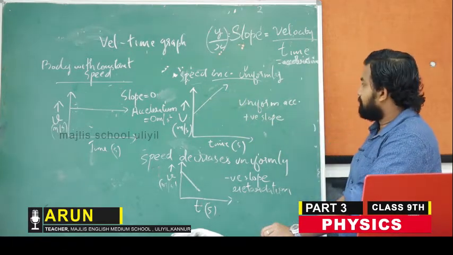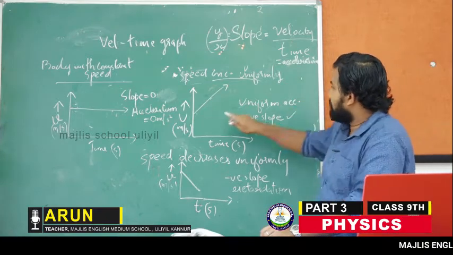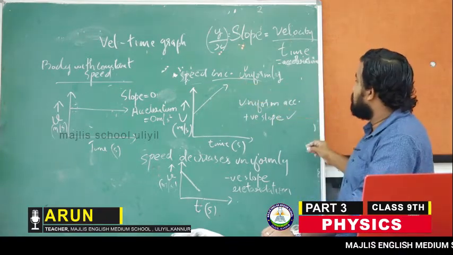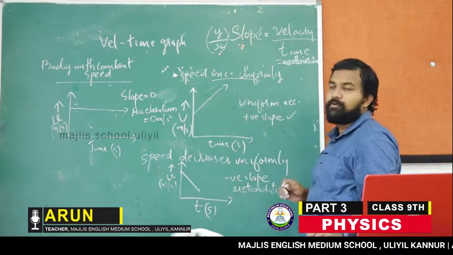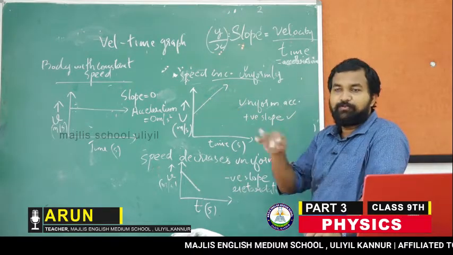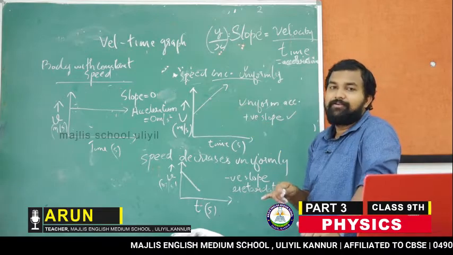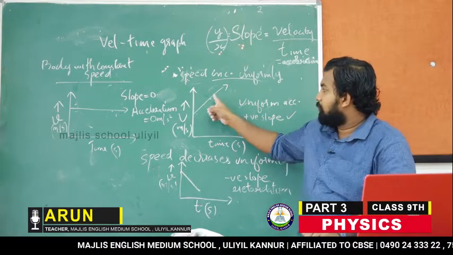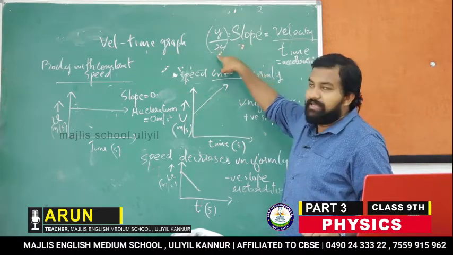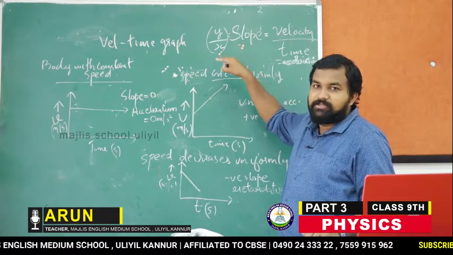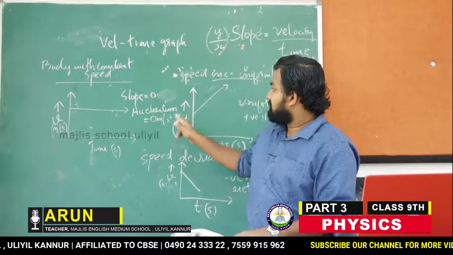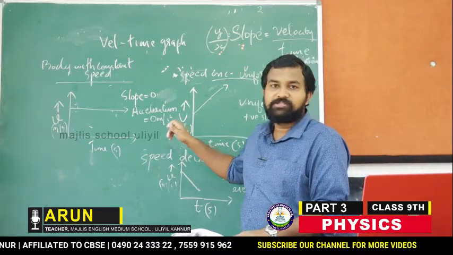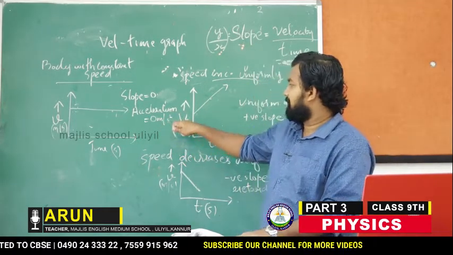Clear? And so it is a positive slope. It is increasing, so positive slope. So what is the slope giving you? In this graph, as we have discussed before, what will we get when we calculate the slope? What is there in the y-axis? Slope means y by x, isn't it? Okay. So in the y-axis, we will be having velocity.